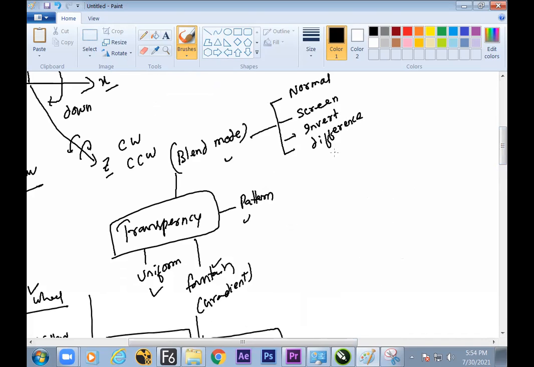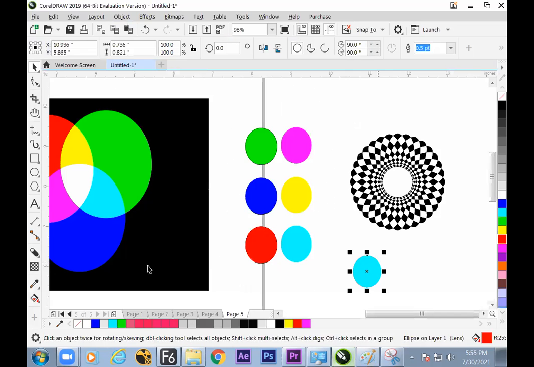For blending modes, transparency options, everything is there inside the transparency tool. Fine, it is not only the things of learning, a lot more are there. Check each and every blend mode and find out what is the difference. Hope it is done. Now we'll move to the next topic.